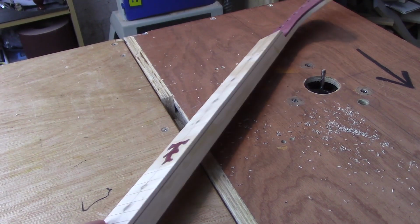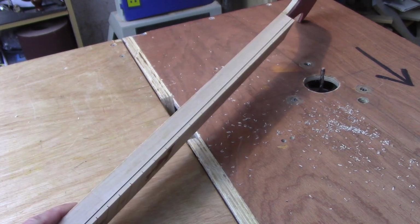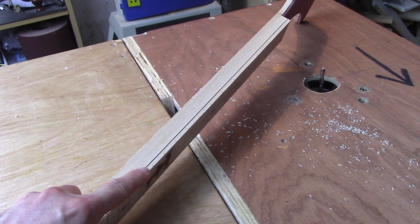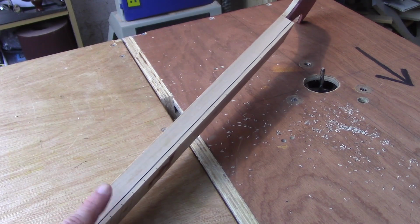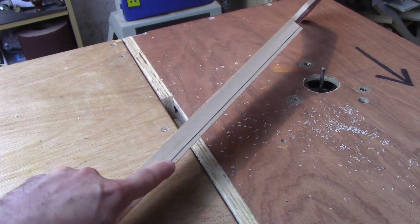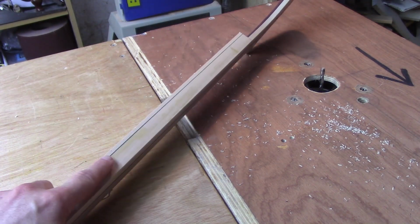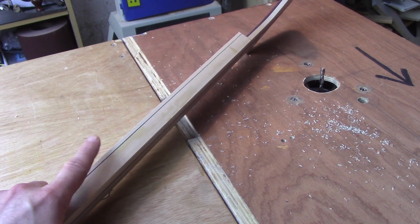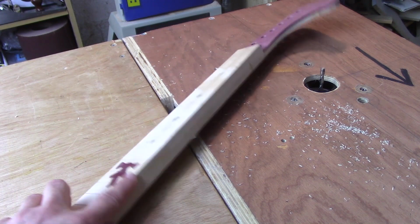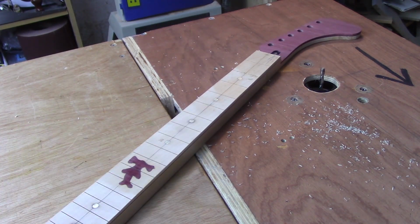So that's our neck all trimmed up now, looking quite nice. Small little bit of cleanup still to do on the sides, but it's shown off our black accent piece of veneer there quite nicely. So the next step we're going to do is cut our binding channel along the edge of the fretboard here, and we'll be cutting it in such a way that we still show this bottom accent piece, and we'll be able to put in another black accent piece just to run along the edge, and our purple heart binding, which should look quite attractive